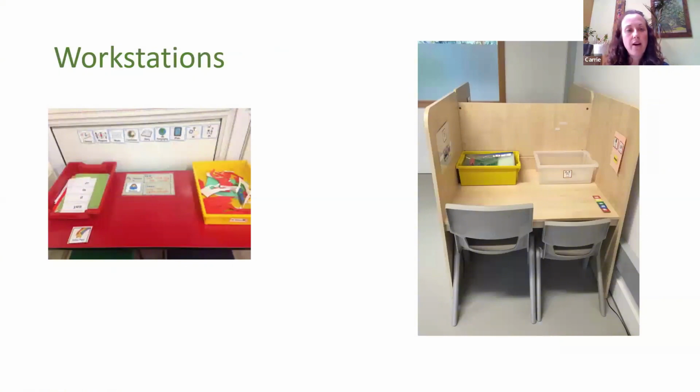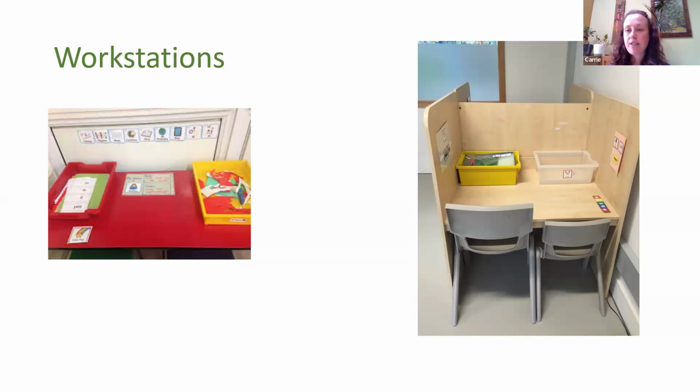Now, I'm sure many of you will be aware of workstations, and these are often used for many autistic learners to help and support them with their learning. I would like to say they're not needed for all autistic learners. We have many autistic learners at my setting who sit at group tables with other children. We have some children who will go and sit at a workstation for times of the day, and some children who, if they're going to be doing any adult directed tasks, they need to be at a